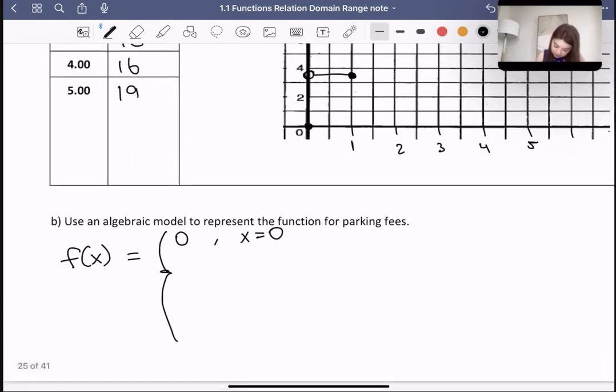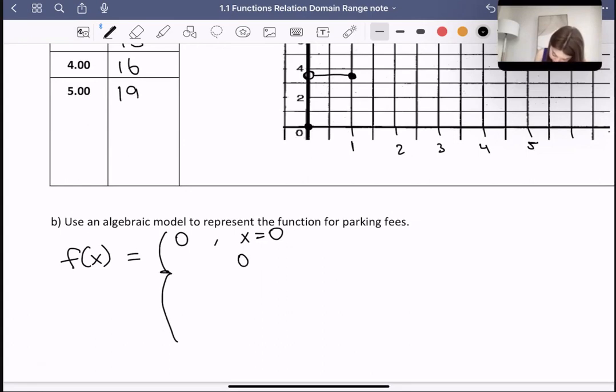So let's say we park for a time that is greater than 0 minutes, up to and including 1 hour, so a time that's greater than no time at all, right? Greater than 0 hours, up to and including the first hour, we pay $3.50. Then for up to and including 2 hours, from 1 to 2, but not including 1, but including 2 hours, it's $10. And then from higher than 2,